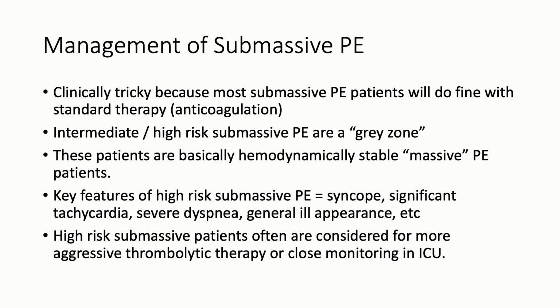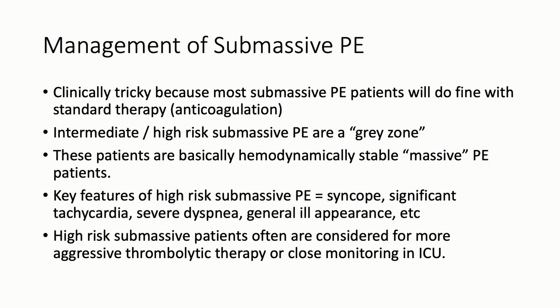They don't tolerate a lot of movement. Even just trying to sit up in bed, you'll note they'll quickly get tachypneic and tachycardic, and they just really look unstable. And the reason that's important is because these patients actually are ones that may benefit from a more aggressive approach. And when I say more aggressive, I mean things like consideration for administration of some dose of thrombolytic. Sometimes we do a half-dose thrombolytic, or sometimes we consider them for an interventional radiology, thrombectomy, or catheter-directed thrombolysis